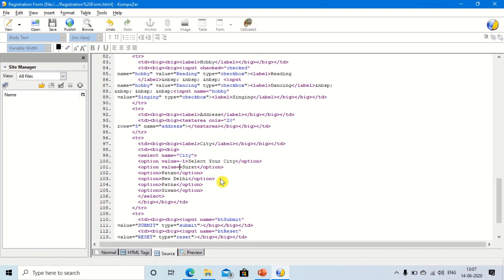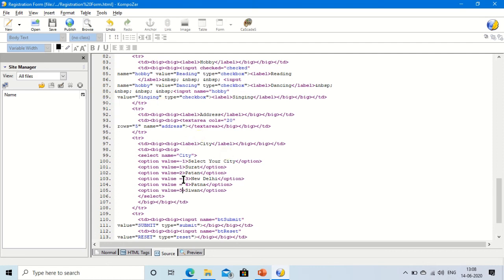Value is equal to 1 for Surat, value is equal to 2 for Patan, value is equal to 3 for New Delhi, value is equal to 4 for Patna, and value is equal to 5 for Shivan.